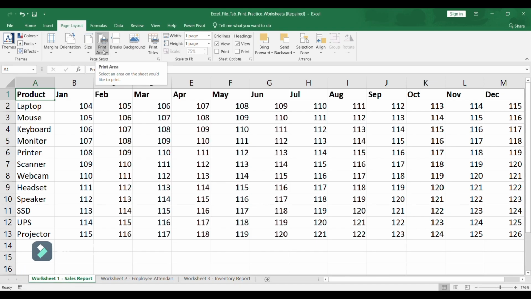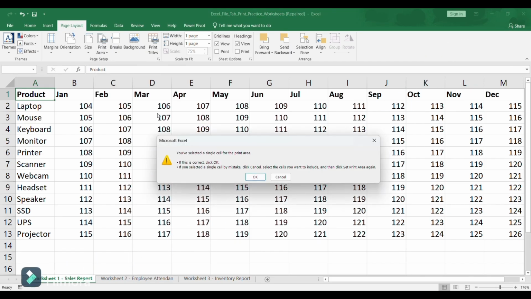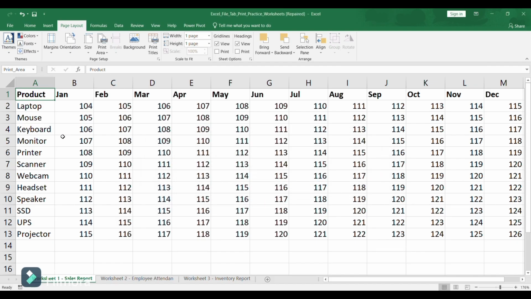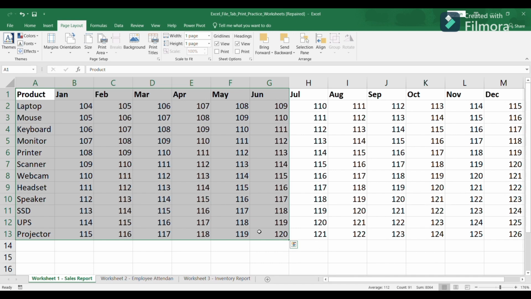Here, if you want a particular part of your sheet only to be printed, you can click on Print Area and choose an area which you want to be printed. So if I click on Print Area, Set Print Area, I will first select the area which I want to print. For example, I want the sales report of all the products till June. So I will select only this much data and click on Print Area and click on Set Print Area. It has set this as the print area. You can see the name of this area as Print_Area inside the Name Box also.